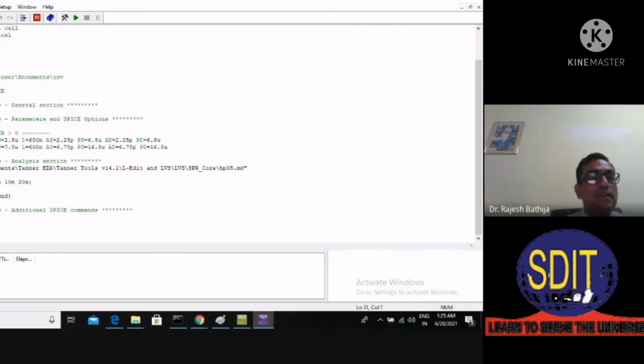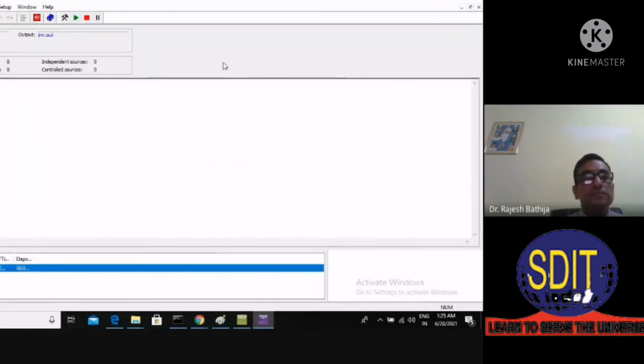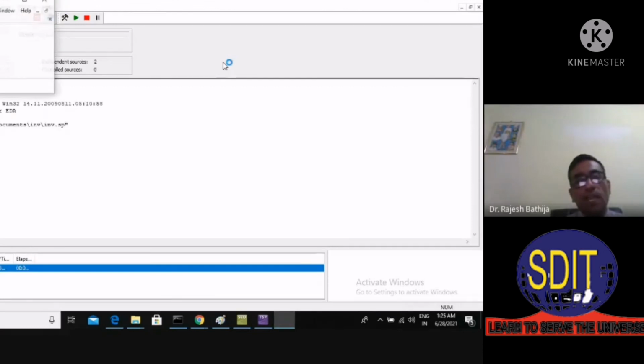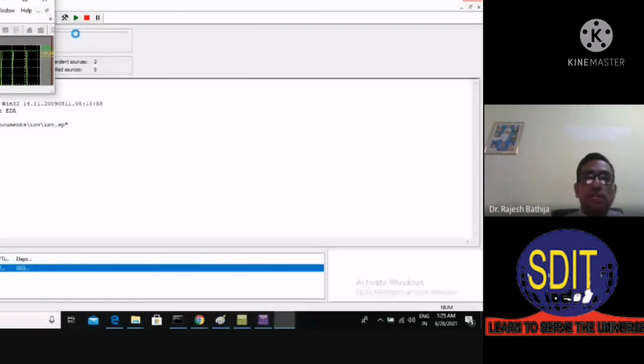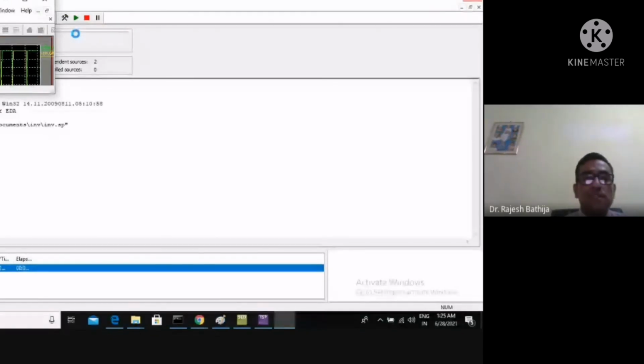After this, we have to run this, right? For running, we can use this run simulation, or F5, or any other option. So this run simulation we have done. Now it will pop up the waveform editor, and in it the waveform of the input and output will be shown, and if there is no error, the output will come as expected. Just a second, it is taking some time to run. It is asking to allow access because it is the first time I am using this.